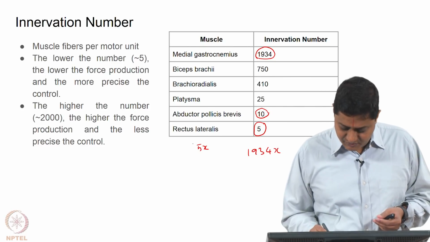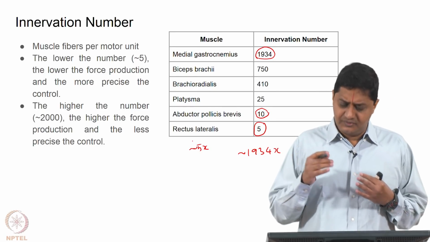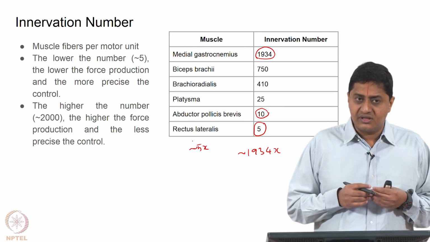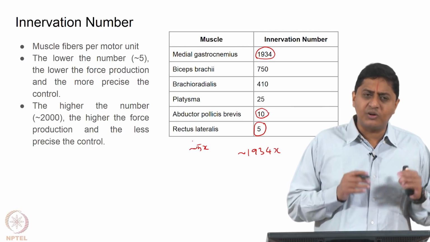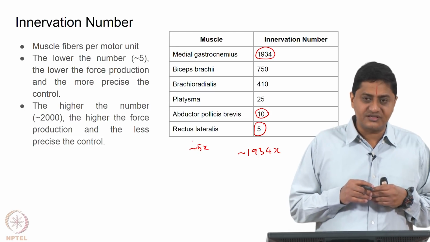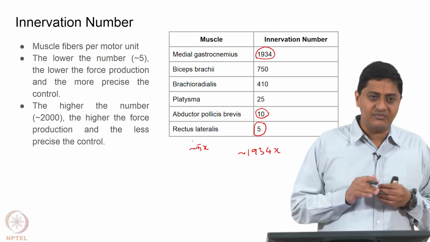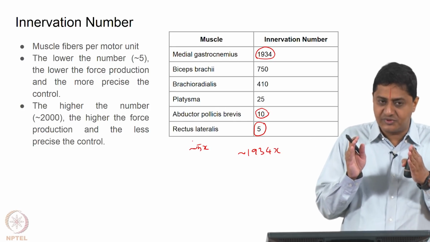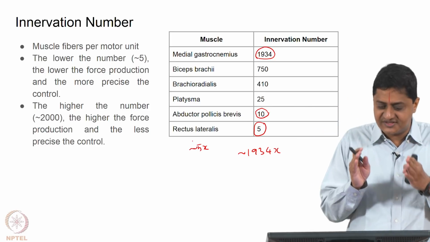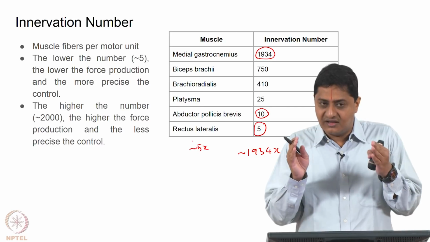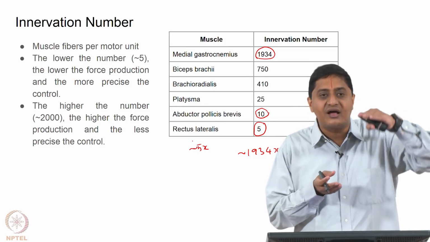Actually, this is not exactly equal to 5x, this will be approximately 5x. Why? Because all the muscle fibers attached to the motor neuron reach action potential at approximately the same time, and they undergo excitation contraction coupling at approximately the same time. So, that means for their forces to sum, we said, when we discussed sarcomere force production, that forces are summed in series within a myofibril and in parallel across myofibrils.